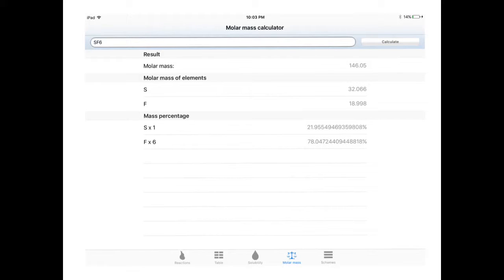Next is the molar mass calculator. This is a really useful tool because a lot of times you've got these really big equations that have multiple elements in them, and so you'll have something like a benzene, which is 6 carbons and 6 hydrogens, and you're trying to find the mass of that, but you don't want to type in your calculator the mass for 1 hydrogen plus 1 hydrogen plus 1 hydrogen